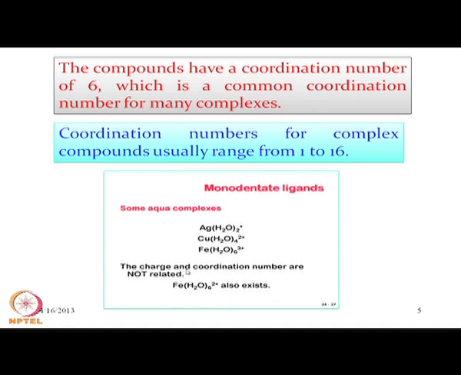So, the charge on the species and the coordination number, these two are not related to each other, and we can have this particular species where the ferrous ion can bind 6 water molecules, that means the coordination number is 6. In this case the coordination number is also 6, but in this case it is 2 and the other case is also 6. So, we have introduced something like the denticity of the ligand, what is ligand and the metal center,